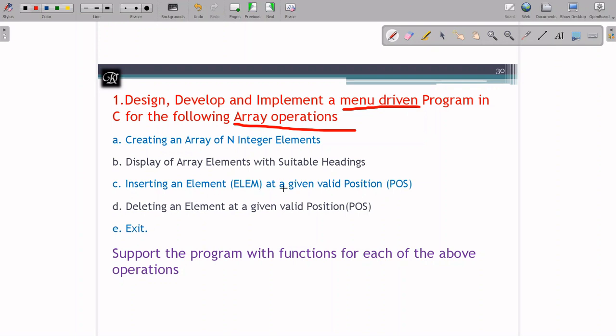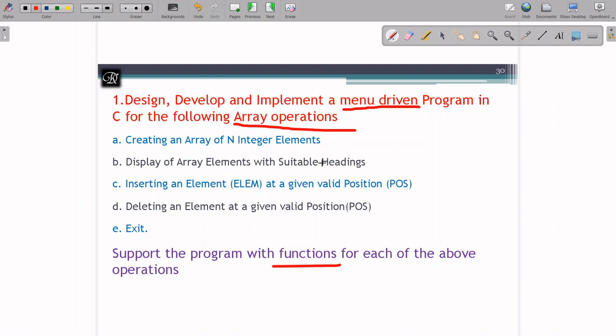And this we have to achieve with the help of functions. And what is function? How to create a function? What are the properties of functions? How good it is? And what are the advantages of functions? We have discussed in the prerequisite video.